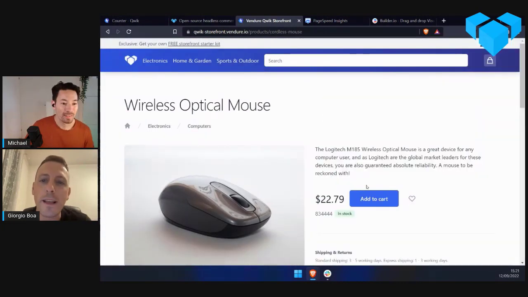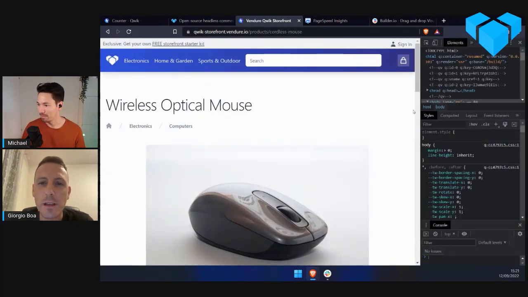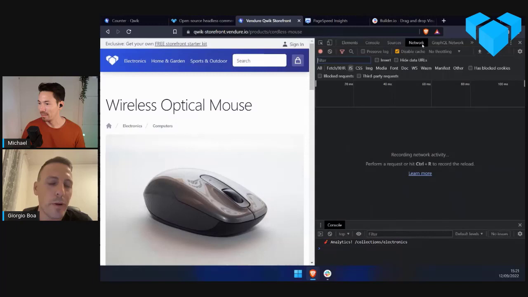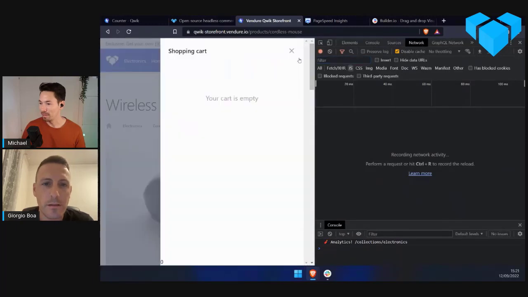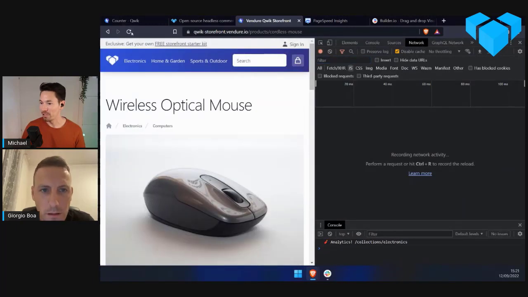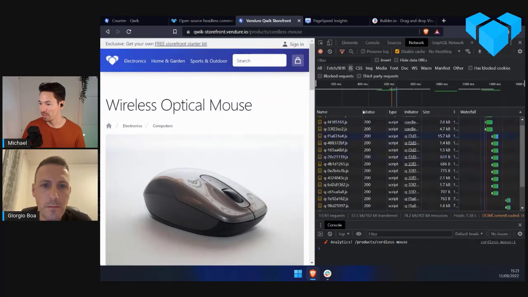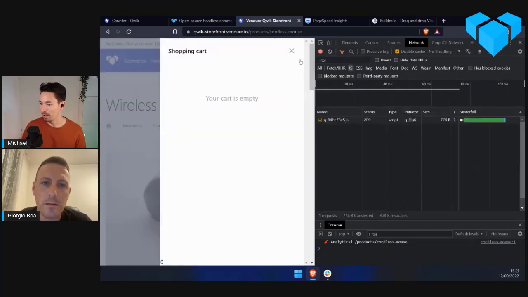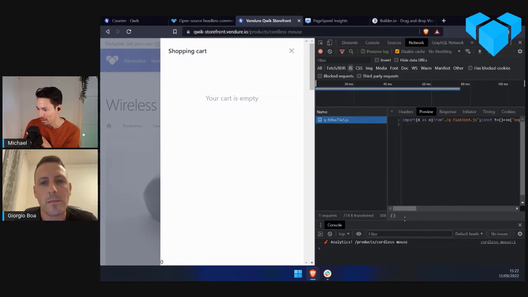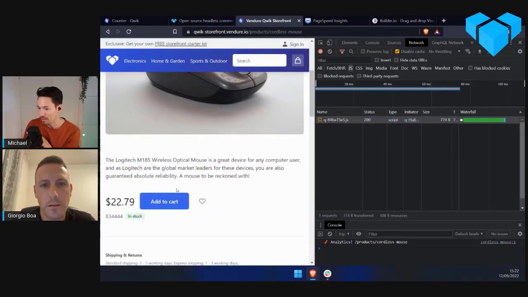Cool. If you click the icon again, you can see that the JavaScript is also pre-cached. Yeah, that's a good point. So now, all right, I'll refresh just so we see the whole thing from start to finish. I'll open it the first time. Okay, we just get that. That's really interesting. So now, this is amazing. Now we just get one JavaScript file. Yeah. And I'm guessing that's because there's nothing in the cart.